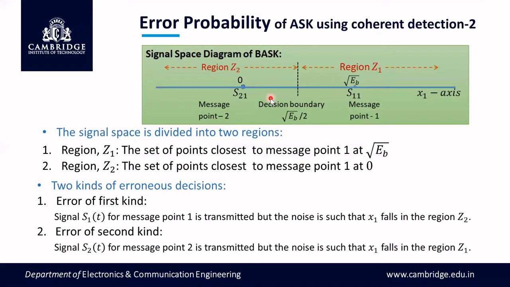That means the point falls in the region Z. We don't have an idea of this integral, so the Q function values are tabulated and made available. Obviously, when the received point x1 falls in the region Z0, we decide in favor of the transmitted bit zero. But I would like to represent the integral in terms of 1 Q of x. So you compare this equation with this one, and do some mathematics.